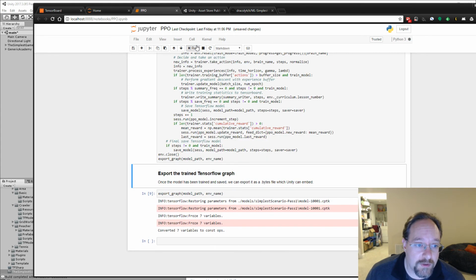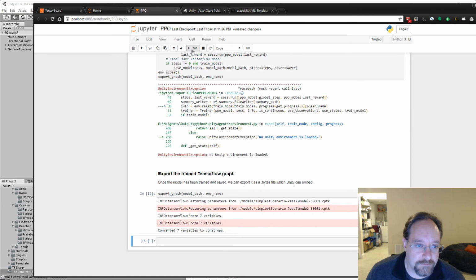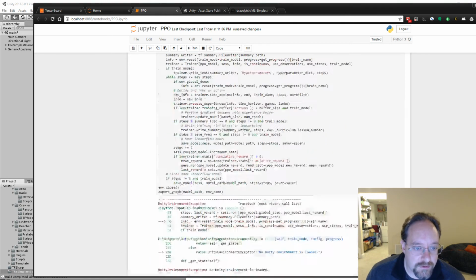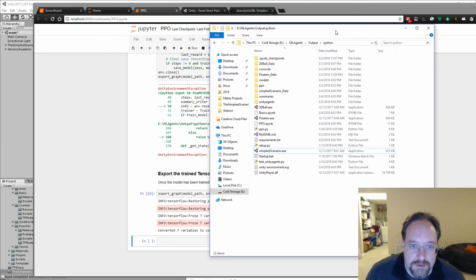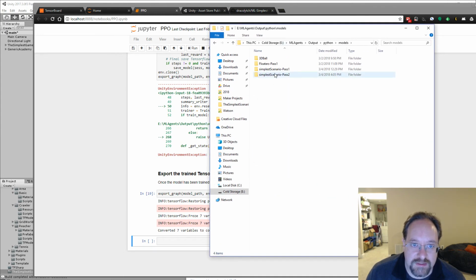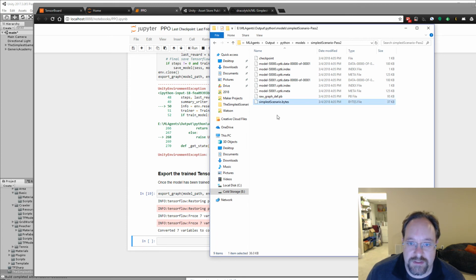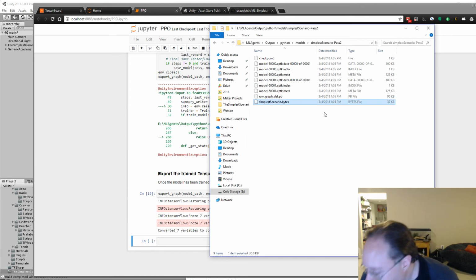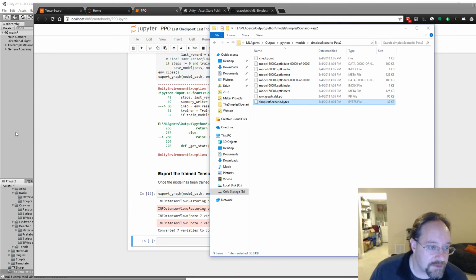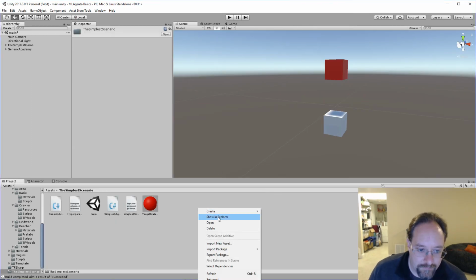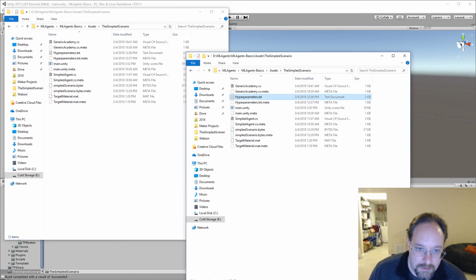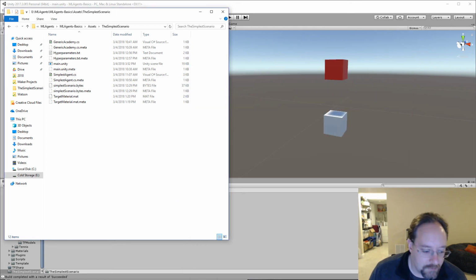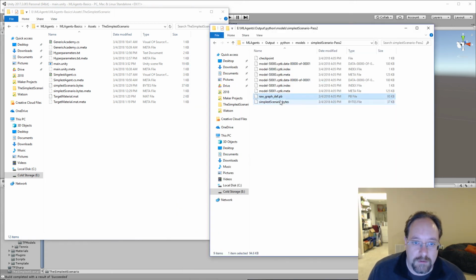And then we're going to go ahead and export that. All right. I think I must have clicked on the wrong thing for getting that error. Okay. So now we go to models, and we'll see simplest scenario past 2, and here's simplest scenario.bytes. So the .bytes file at 4:05, which I didn't realize it was that late in the afternoon already. It's okay. So I'm going to show this here, and then I'm going to take this new bytes file, and